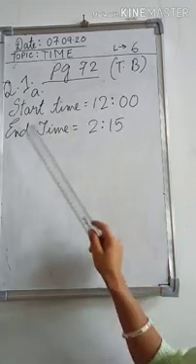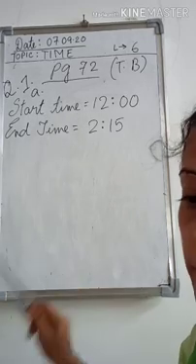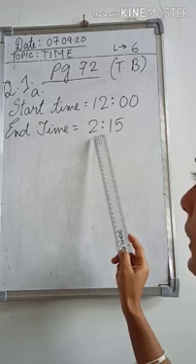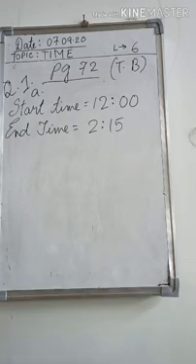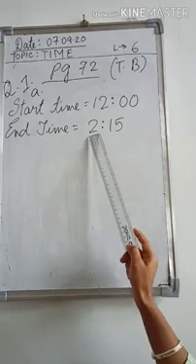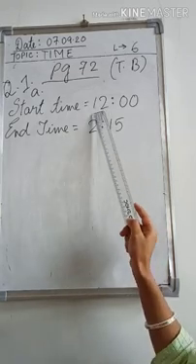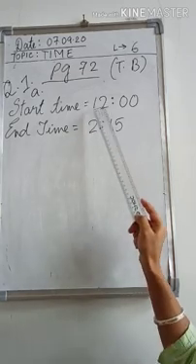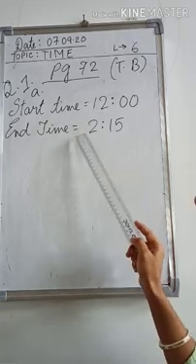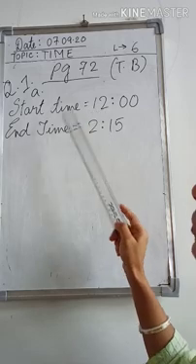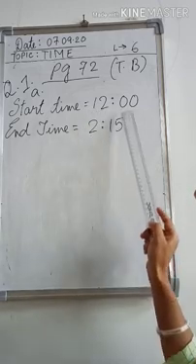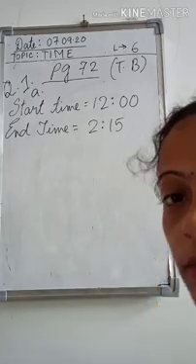So now we are going to find the duration of time taken. So first, what did I tell you? You have to see whether your ending time is bigger or smaller than the starting time. So what do you see? Here the ending time is smaller than the starting time. It's 12 and it's 2. See the hour part? The ending time is 2, which is smaller than 12. So it's not possible that you will start a work at 12 and finish at 2. It's not possible. So both the times are given in 12-hour format.